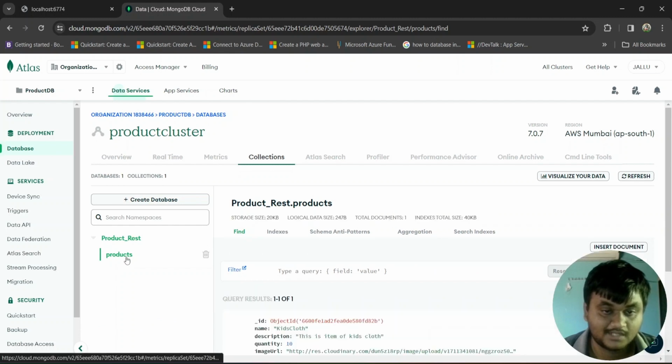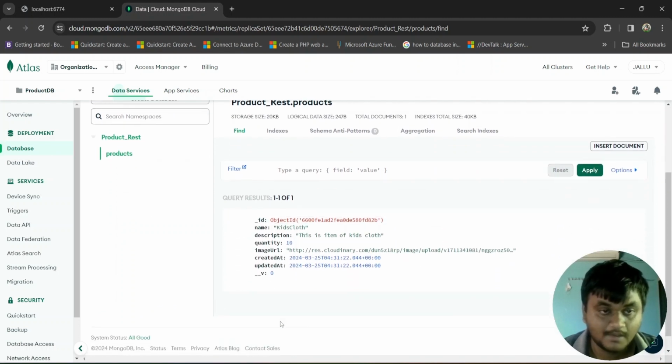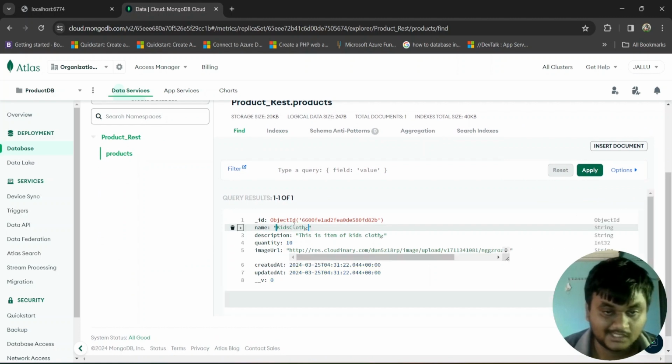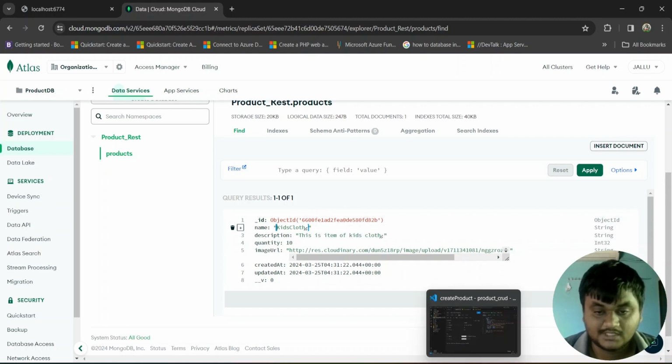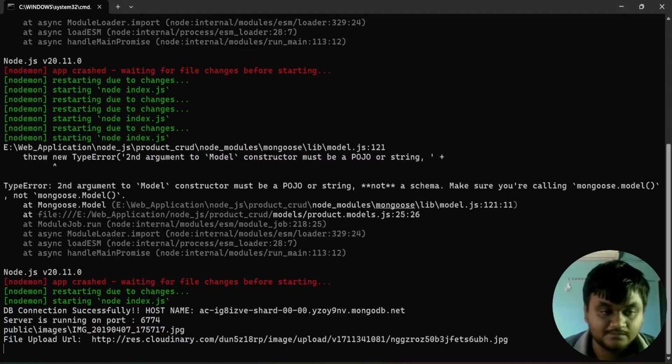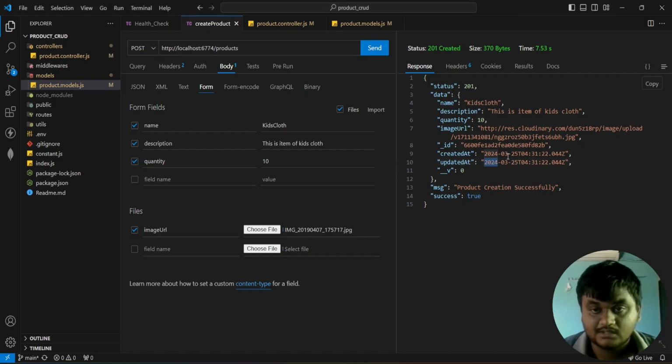See products, that table is the products table, kids, kids cloth, and the object ID is 6600. You see the terminal. The image is coming from Cloudinary. Like this, if you want to upload one more image,